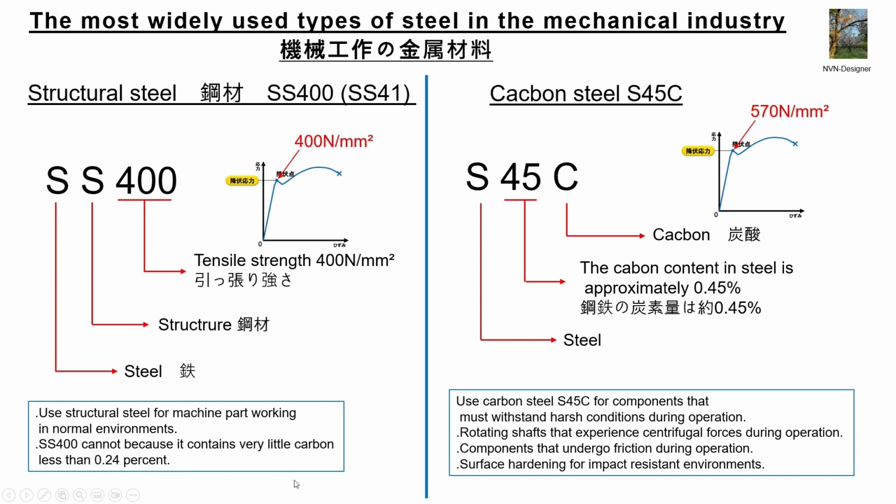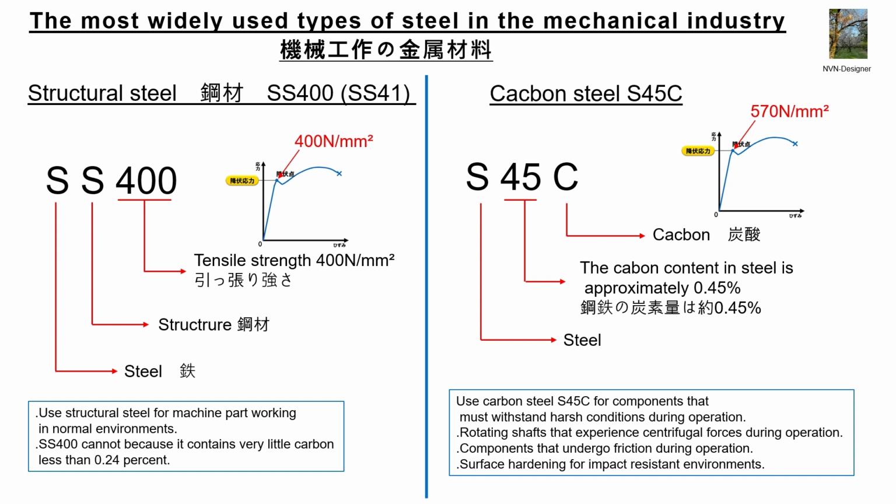Now, a question arises: when do we use regular steel SS400, and when do we use carbon steel S45C? The answer is as follows. For standard mechanical components, we use structural steel SS400, while for components that must withstand harsh conditions during operation, we